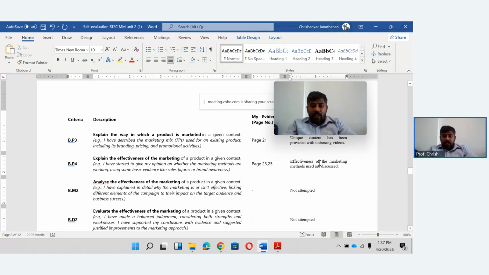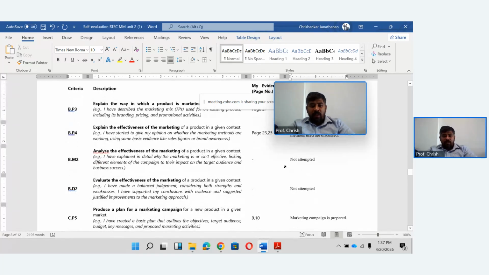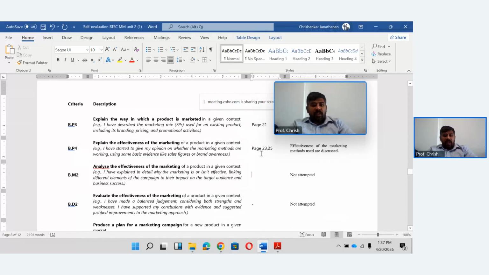So this is what I gave the students in terms of this feedback sheet. And this is how students have actually analyzed it.